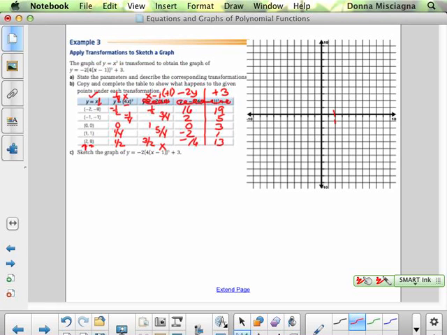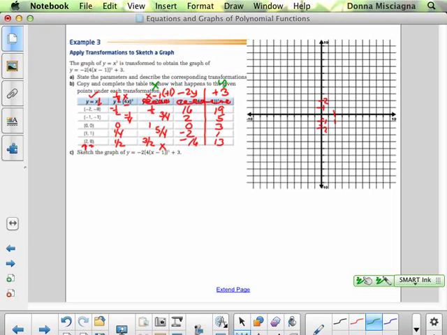Every 2 boxes will be 1, but we're not going to change this at all. So this is just going to stay the way it is. Oops, there should be negatives there. So this would be 1 and this would be 2. So we can fit as many points as we can on the graph. We won't change the y at all, and we'll not change the x too much. All right, so we're going to graph our points. This is our x right here after we added the 1, and this is our y. So we're going to graph the point